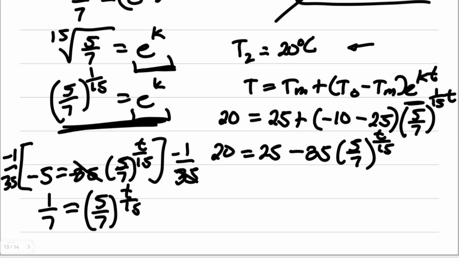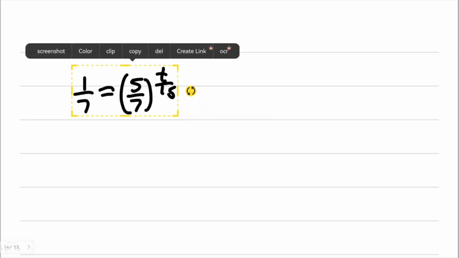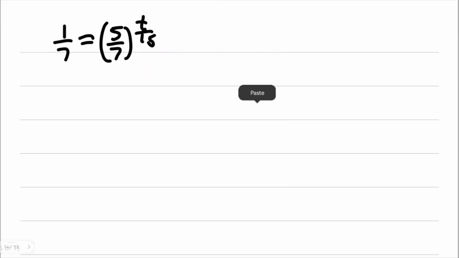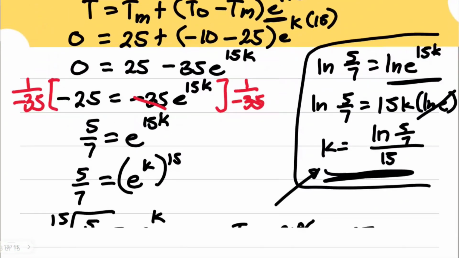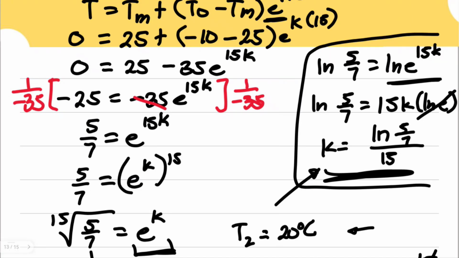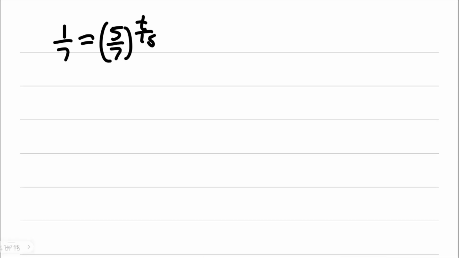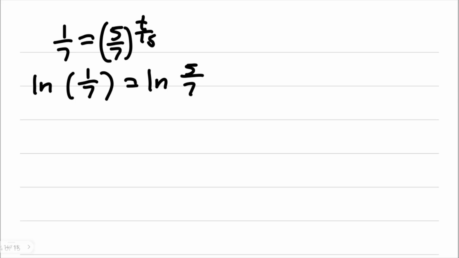Since I don't have much space, allow me to copy this. I will be adding another page here. And then, in solving for t, what will happen now is the use of the natural logarithm, which was supposedly a part of the process when solving k earlier. We did not use that because we just stuck with e to the power of k, but this time that process will be duplicated here. So we have the natural logarithm of 1/7 is equal to the natural logarithm of (5/7) to the power of t over 15. Okay, that's for the first form.